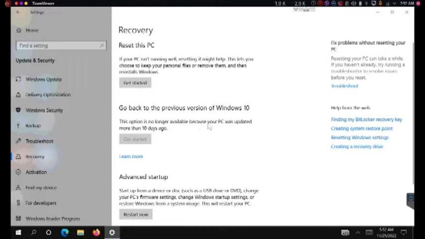If we wanted to go back to the previous version, it's already past the 10 days, so that's not happening. And I have no reason to do any advanced startups. There's no repair needing to be done. So I'm going to go over here to reset this PC. Once I click on get started,